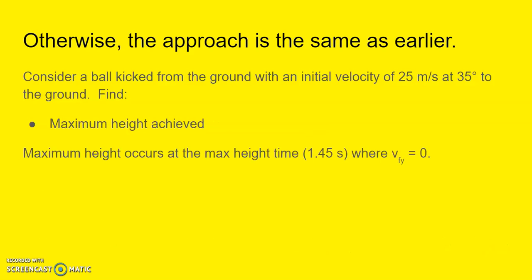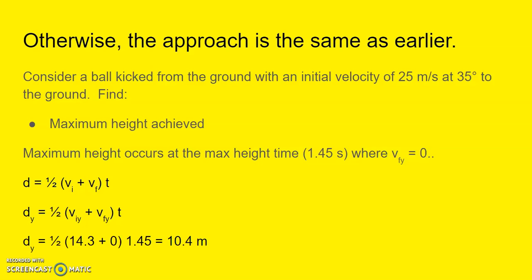Otherwise, solving these problems is pretty much the same as it was earlier. I can find the maximum height achieved if I recall that the maximum height time is 1.45 seconds, and also where Vy equals 0. I can use this formula if I like: d equals 1 half (Vi plus Vf) times t. That's the second equation of motion, and I use it with vertical variables. dy equals 1 half (Viy plus Vfy) times t. That's 1 half times 14.3 plus 0, times 1.45,